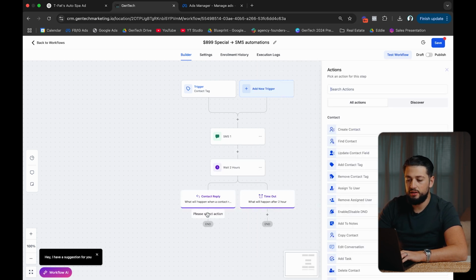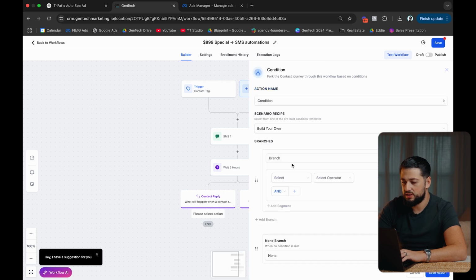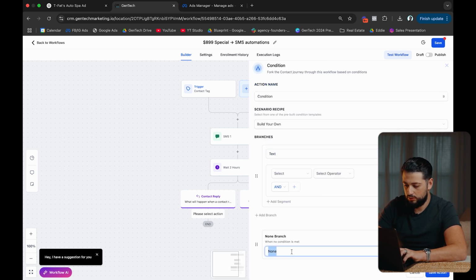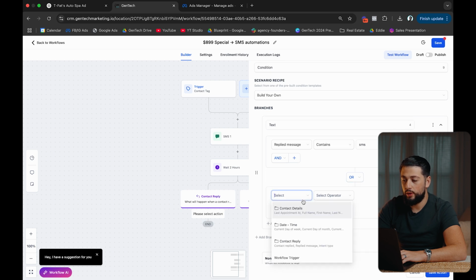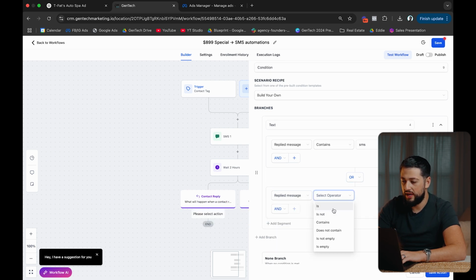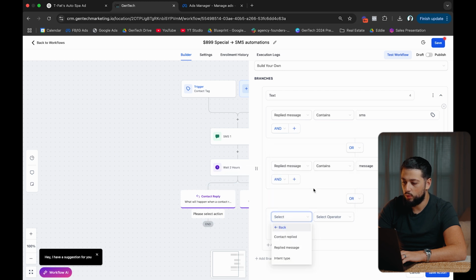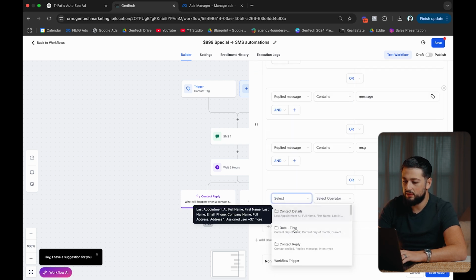So if they did reply, then we wanna find out if they said call or text. Now we're gonna do text, we're gonna do call. And then if they replied message contains, let's just say SMS, and we're gonna add another branch, and we're gonna call it an or branch. So if they replied with SMS, or they replied with message, or they reply with contains, like, let's just say MSG, that's another way to say message, add segment, contact reply,